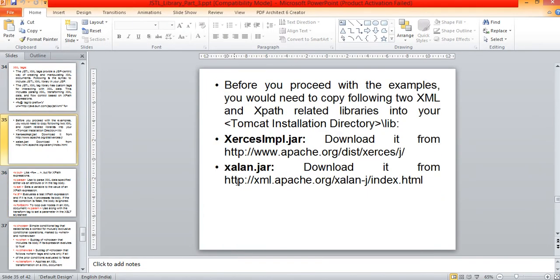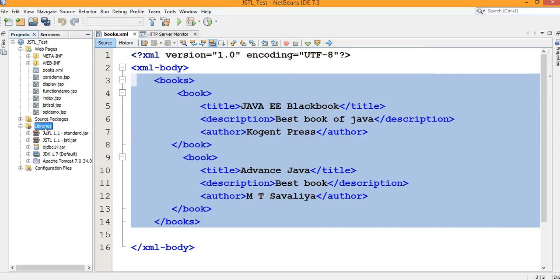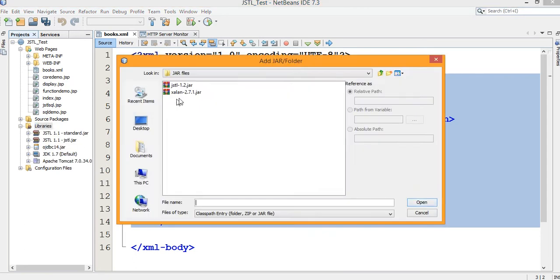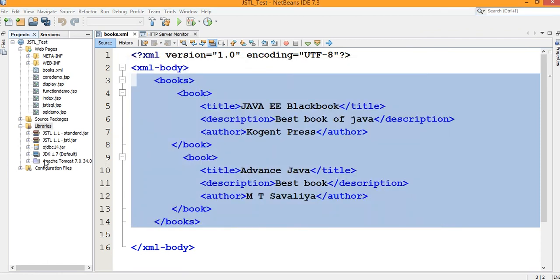You need to download from these two links. Clear? I have already downloaded it. I just directly add the jar file of XML. So you can see here I am installing the xalan 2.7.1 jar file. I just add it. Now I can easily work with the XML parsing library.